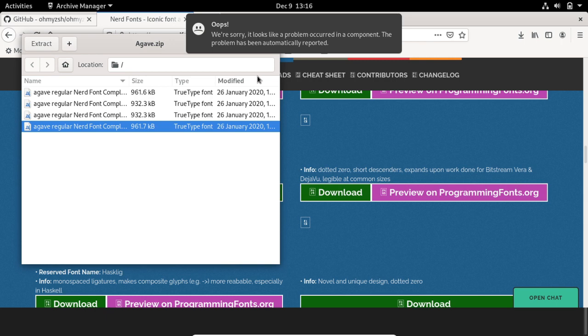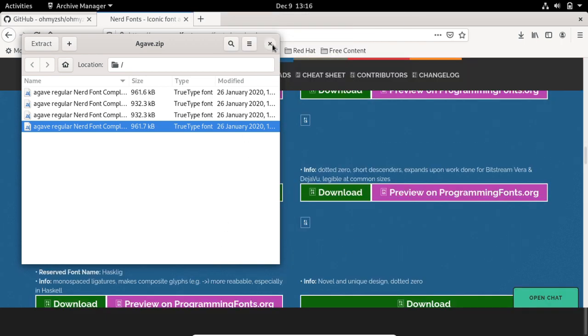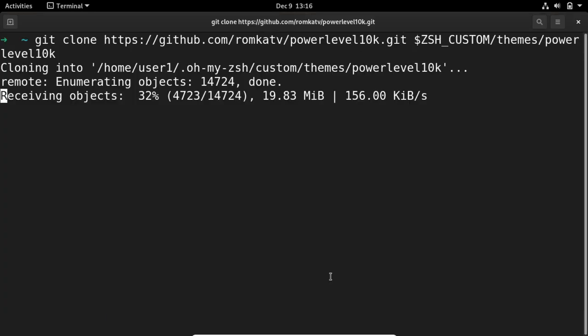Now that we have installed the fonts, the theme is still downloading, so let's wait for some time.